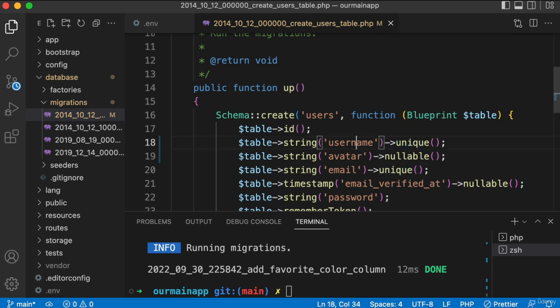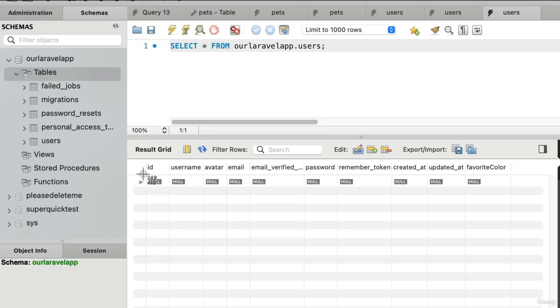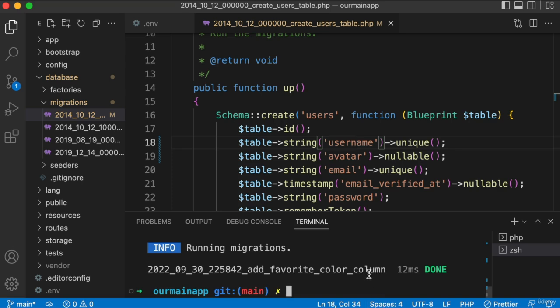And now just to make sure we're all on the same page, let's run a fresh migration. Because we don't have any data, any rows or actual content in the table that we're worried about losing, right? So as soon as we run this fresh migration, we're no longer going to have favorite color, and then Laravel will start to make sure that the username values are unique. Or to put it another way, when we run this command, Laravel is going to delete every single one of our tables and then recreate them fresh. So to do that, remember, it's just php artisan migrate: